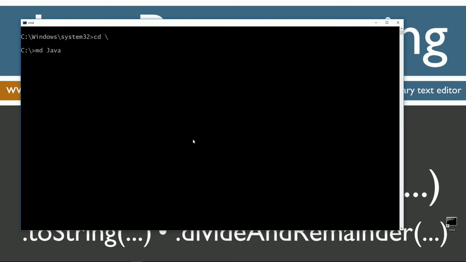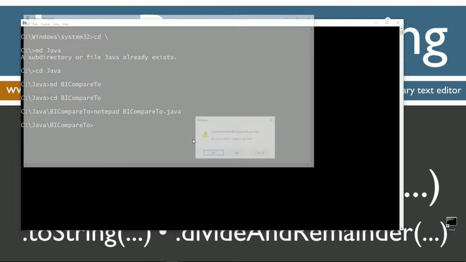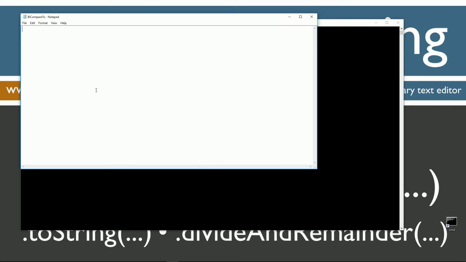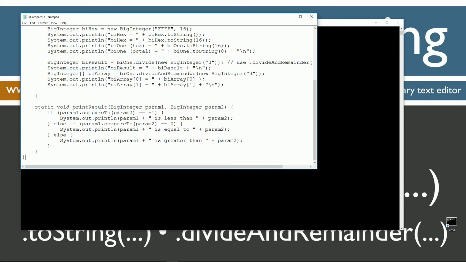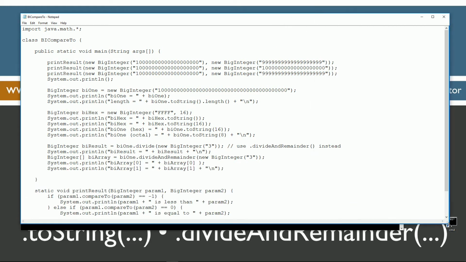I'm going to make a directory with the MD command here called Java, and I already have one, but if you don't, I'll create it for you. I'm going to make another directory here called BigInteger compareTo, and change directories to that folder. And now I'm on Notepad, BigInteger compareTo.java. Create that file, and then we'll just simply paste that source code in here,